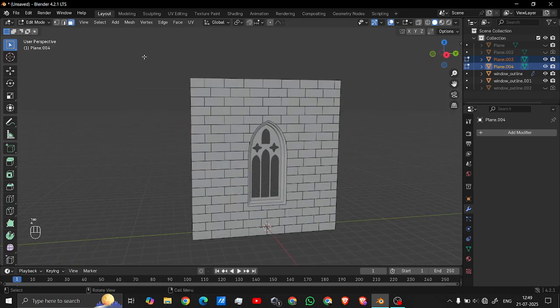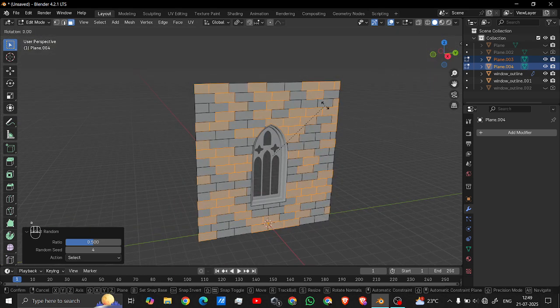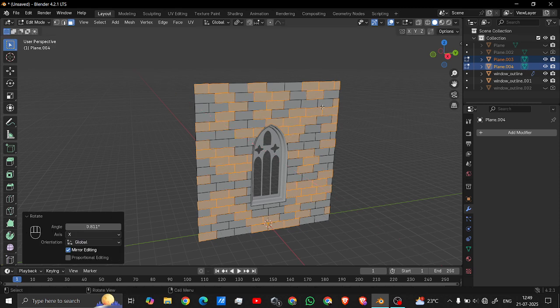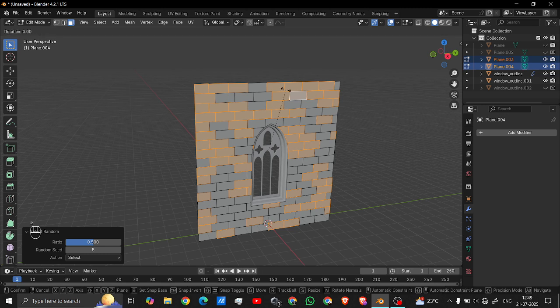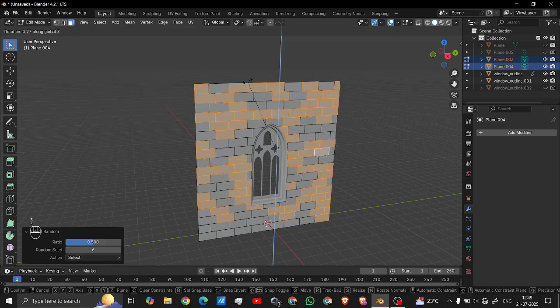A, select random and go here into transform pivot point. Select individual origins in order to give access respective to each of the faces. Rotate it on X a bit, just a bit, then rotate it on Y. Once again select random, rotate it on Y a bit, just a slight, much less. Select random, rotate it on Z,